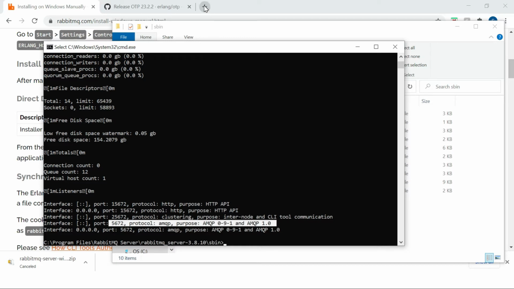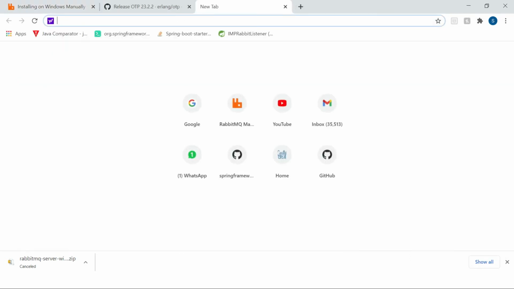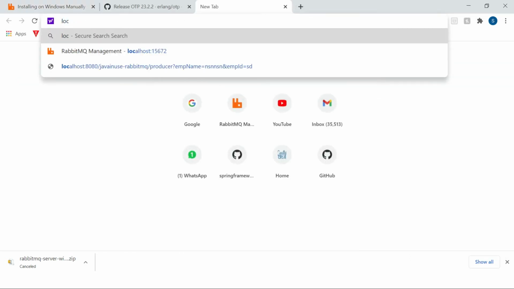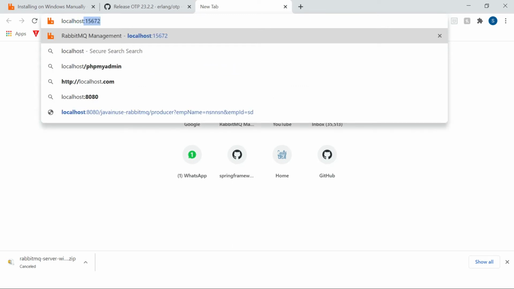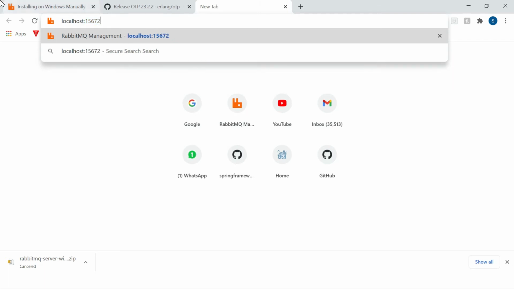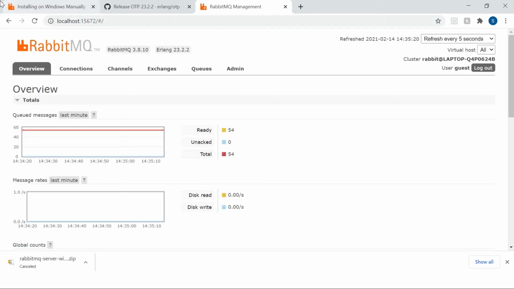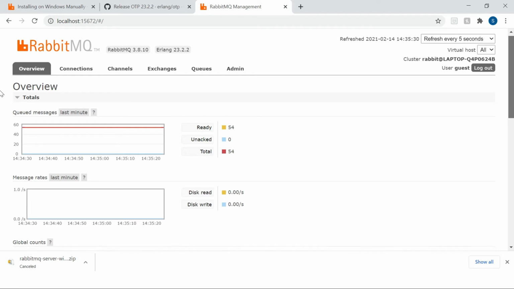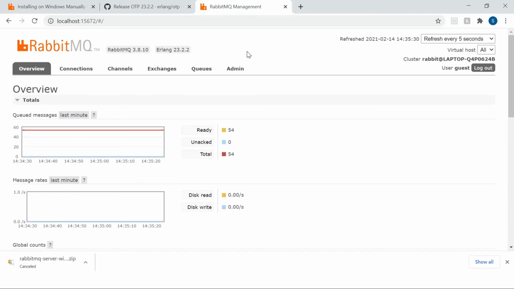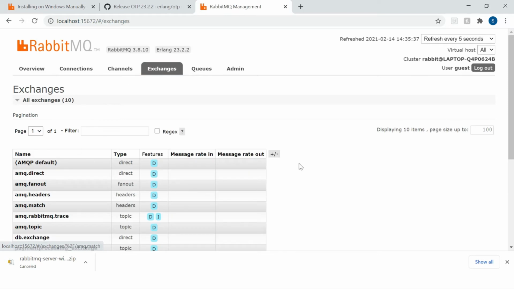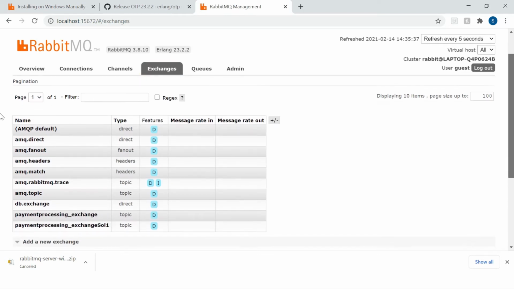Let me show it at the GUI level. localhost colon 15672. Here you can see the GUI of RabbitMQ. So our RabbitMQ server is running. As we already told you about the exchange, this is the exchange. I already created some exchanges for my